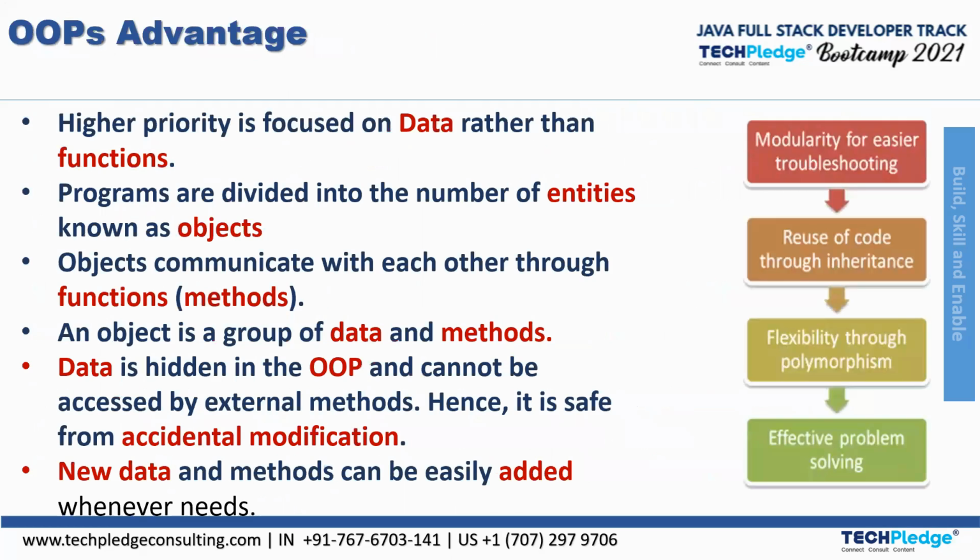So next we go to the advantages, but the biggest advantage is that it is easier to troubleshoot. Obviously, since there is class and object, if there is some issue, it is easier for us to find that portion of the program which is wrong, because it's just maybe one class or two classes or a section of it. Then, you can reuse the code through inheritance. We just have to add the extension, and then we can extend it, and we can inherit the entire properties of the previous code. And also the flexibility through polymorphism.